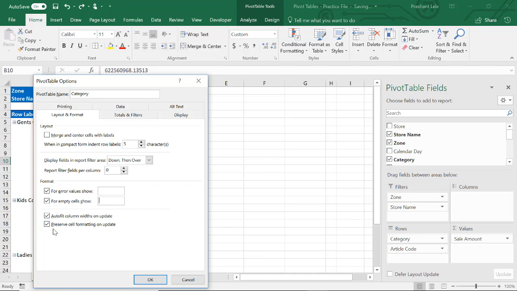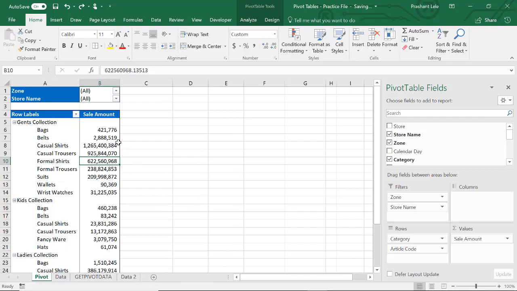The second one is preserve cell formatting on update. If you have applied any cell formatting on a pivot table, when you update the pivot table, the cell formatting goes off. To prevent it from going off, you can just check this and it will preserve the cell formatting even after updating the pivot table.